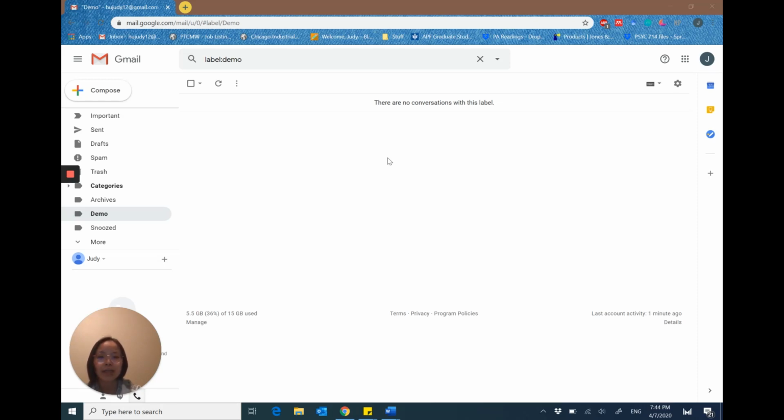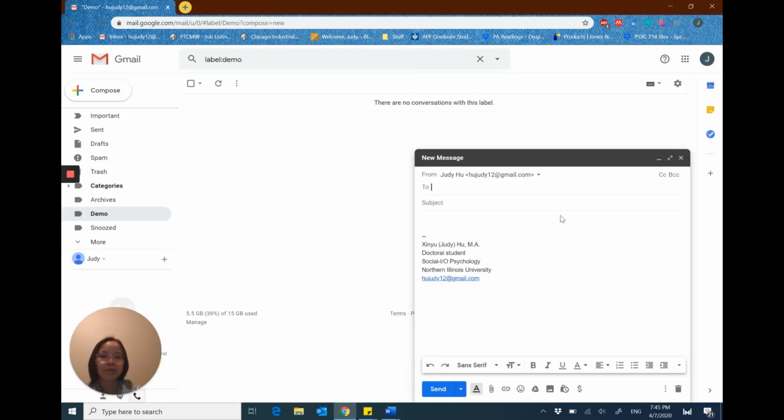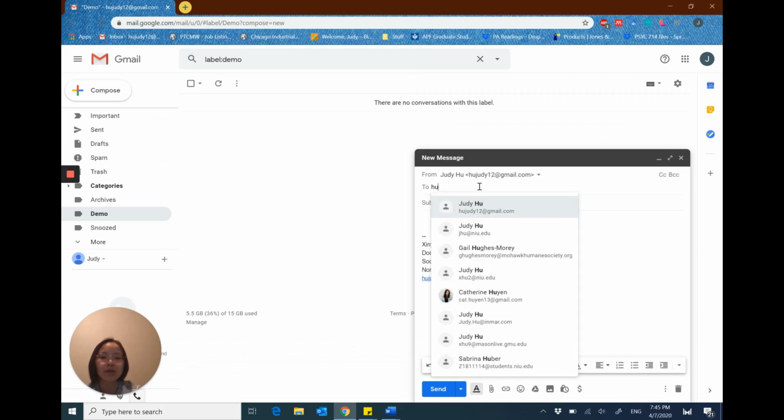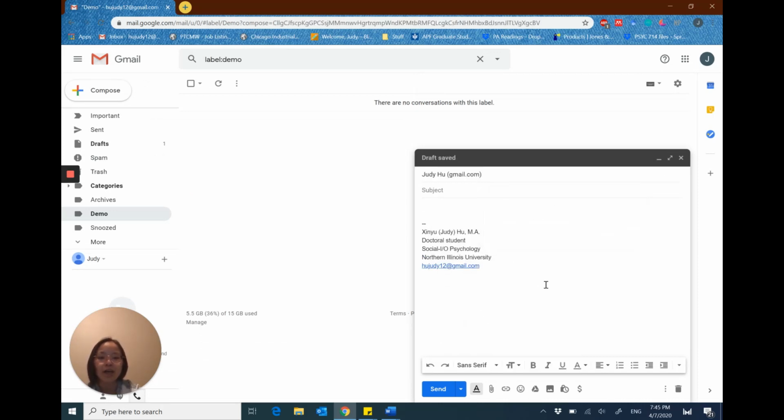When you're creating a new email or responding to others' email, you will see a draft window like this. We'll do a similar example as the exercise you will do shortly by sending this email to the experimenter, which is myself, with a subject line called scheduled off work email time,